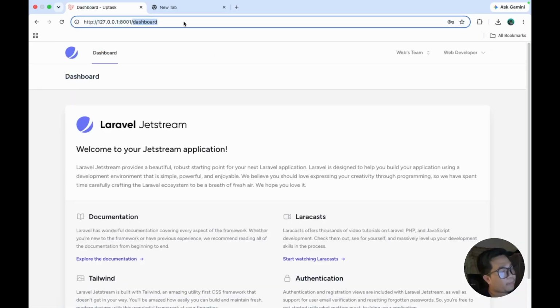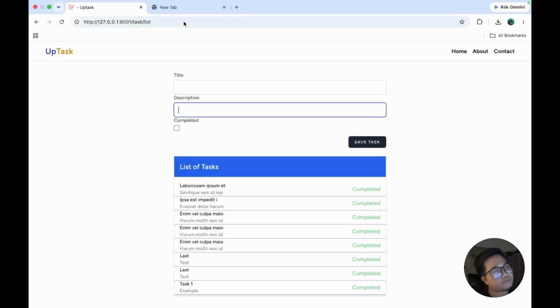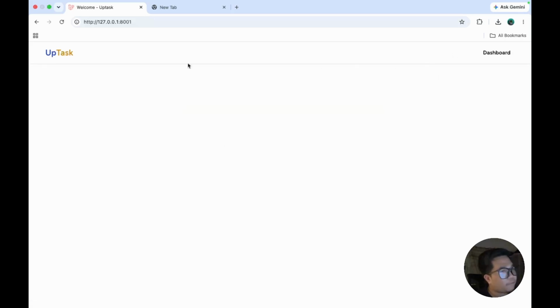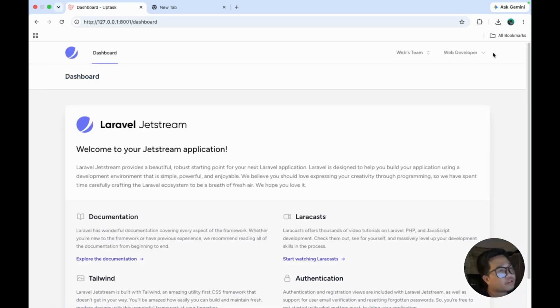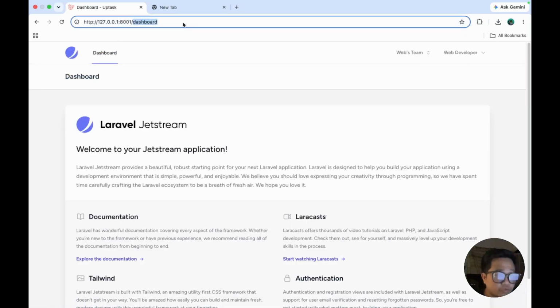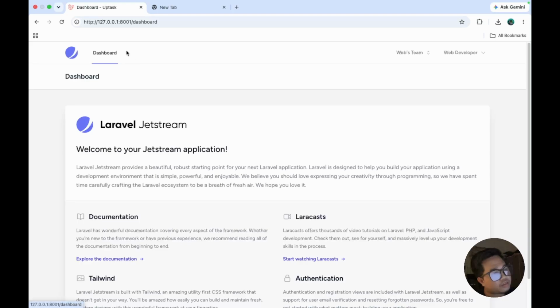For example, the 100 is more light, and the 500 going up is more higher. So for example, we'll put it 600. As you can see, it will be more darker. So that's it. 100 is light.